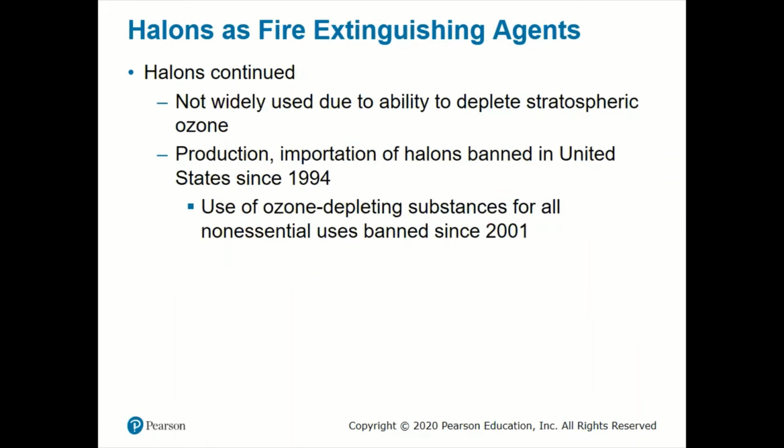Problem is this. There is a potential link between halons and the depletion of the ozone layer. When those halogenated compounds make their way up into the atmosphere, as most gases do eventually, those free radicals can react with that upper atmosphere ozone and turn it into oxygen. Since ozone in the upper atmosphere is responsible for blocking UV light and a lot of other stuff from entering the atmosphere and helping keep us somewhat safe, halons were largely banned